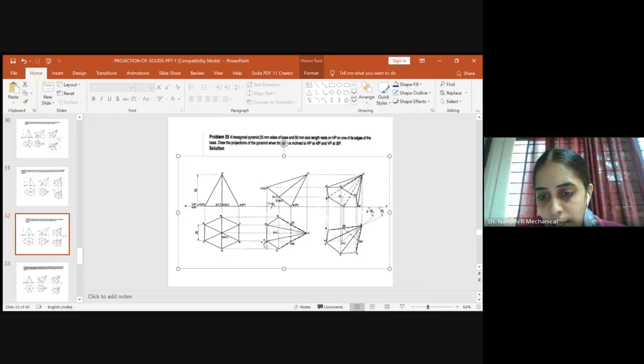You can see the construction line. Similarly, I have shown over here. After you draw this perpendicular line, you will measure from this midpoint to F, what is the distance. Keep one end of the compass here and just cut an arc on this perpendicular line. Similarly, from the midpoint to D, what is the distance you measure? Keep one end of the compass and cut an arc. And again come back over here. From midpoint to A, what is the distance you measured? Keep one end of the compass here and just cut an arc. Similarly, from the midpoint to C, what is the distance you measured? And cut an arc. So we got all the corners, right?